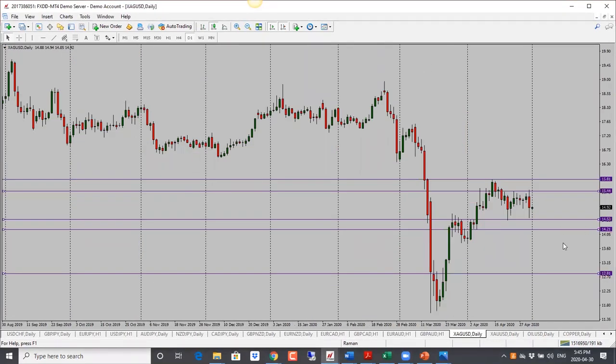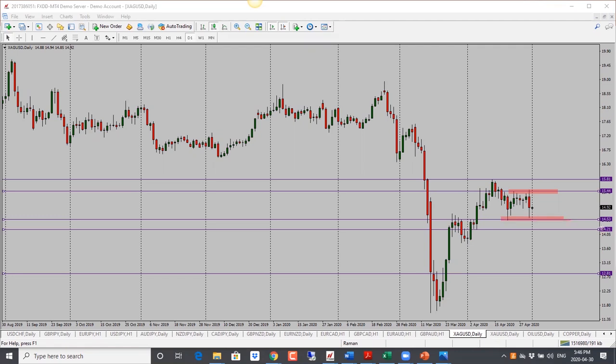Let's take a look at our commodities. And we'll start with silver here. We see price is still trading in this range. It did go into the high of the range, and now it's holding here. So it held below the high of the range, and now it has come and tested the bottom of the range as well. But we do have a nice bearish candle close. However, we had a similar candle close here as well, and it just couldn't break the support.